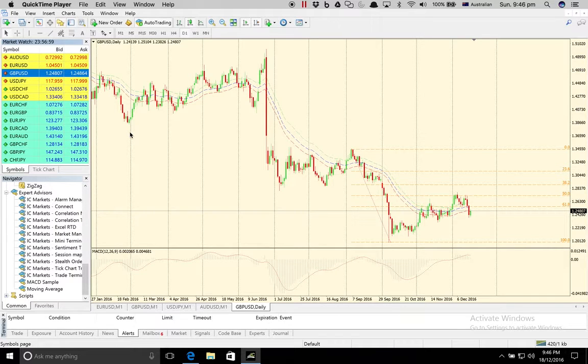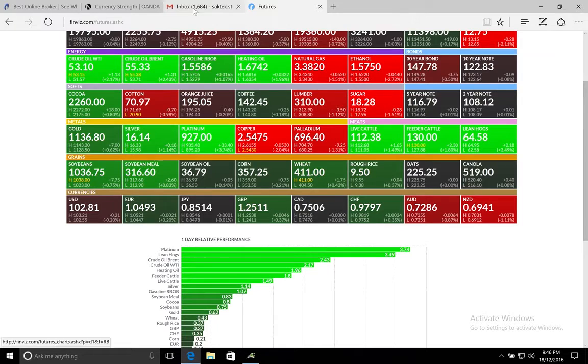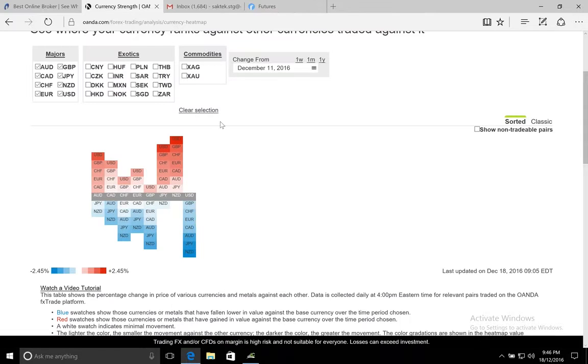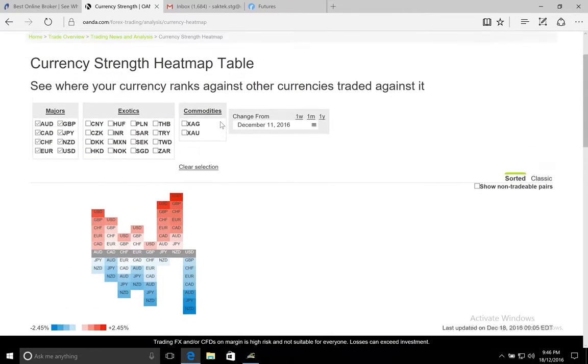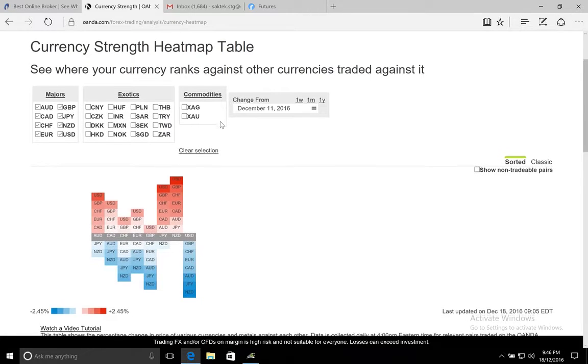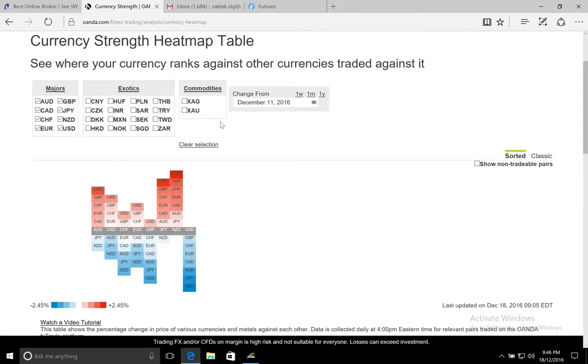So, I'm just trying to come up with some kind of outlook for the next week on some of the currencies I'm interested in. First thing we will do is have a look at the heat map. So let's go to oanda.com and find their heat map and see what they are telling for the week ahead. Now, this heat map is for the last week, and based on this heat map, we can see that